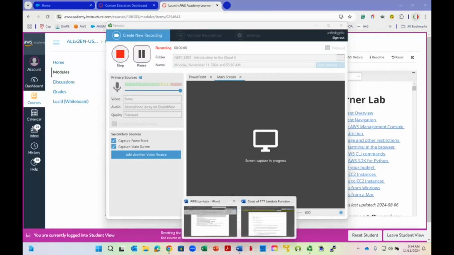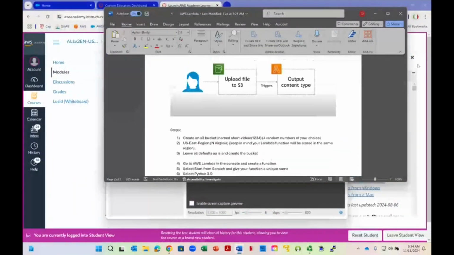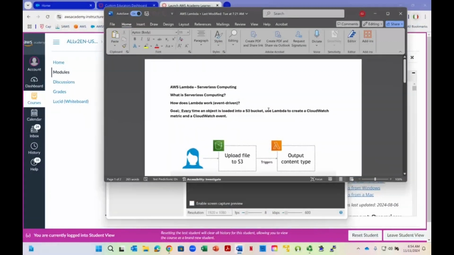Okay, so in this lab, we are going to deploy a serverless computing solution so that anytime we upload files to an S3 bucket, that will trigger an event. And this event, of course, is what's called the output, which goes to a Lambda function, which says to take this event, which is the uploading of the file, and create a CloudWatch event. In other words, create a log, right? So you get a notification or a log file that's maintained every time a file is uploaded to an S3